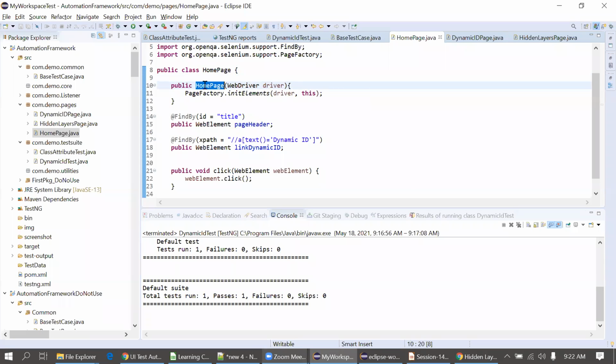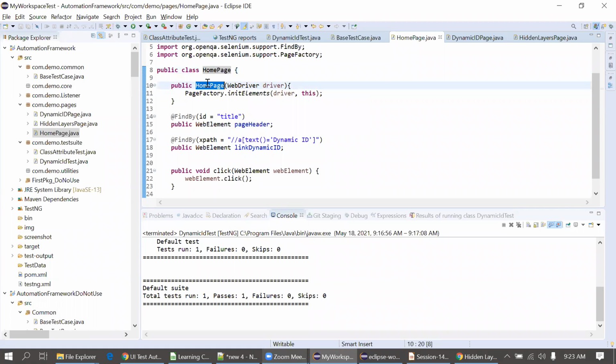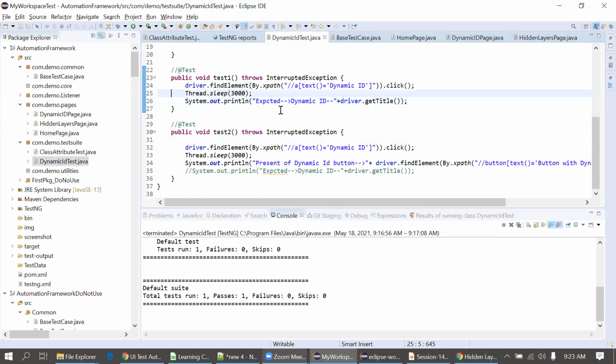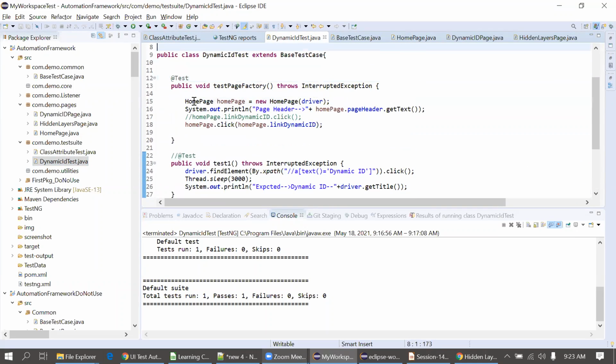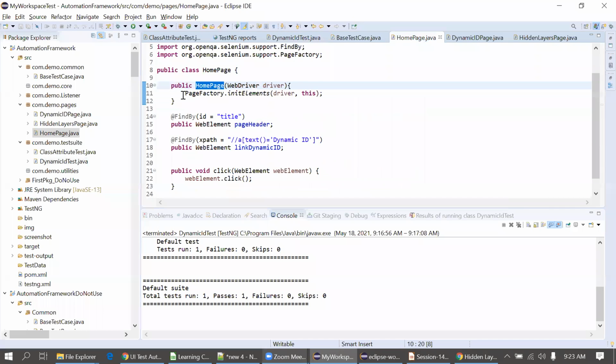Actually, this is a constructor. We don't call this a method, because it has the same name as the class name. So anything which you want to initialize at the creation of the class object goes here. Now I'm going back to the class and creating the object of home. From this, it will go to the constructor and initialize this. When you create the object, the constructor is called. Yes, I got it.